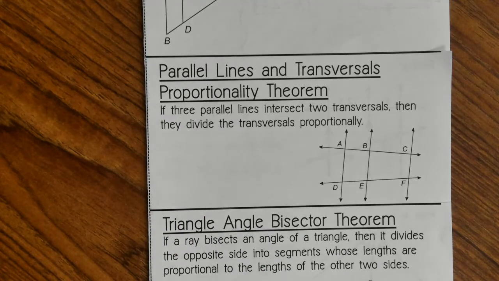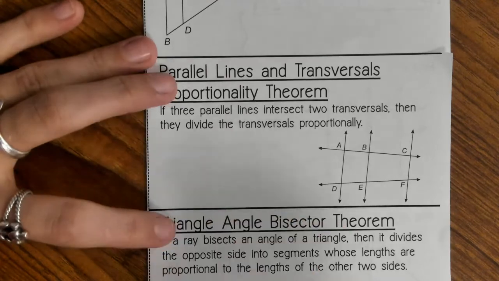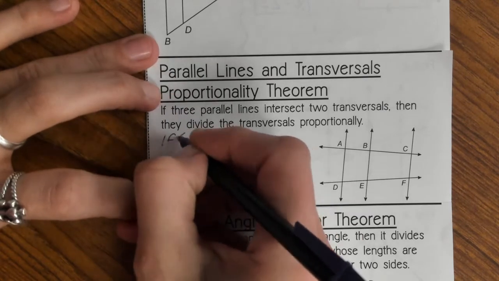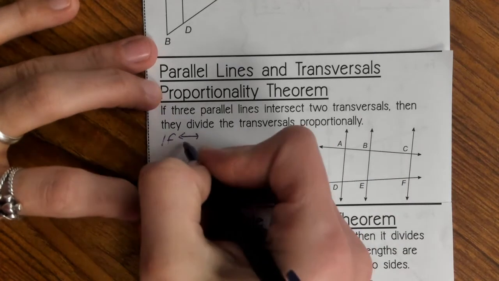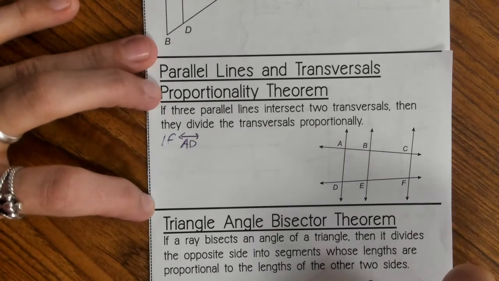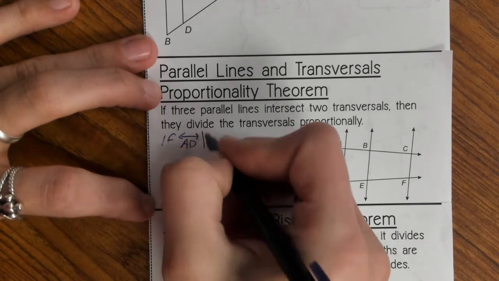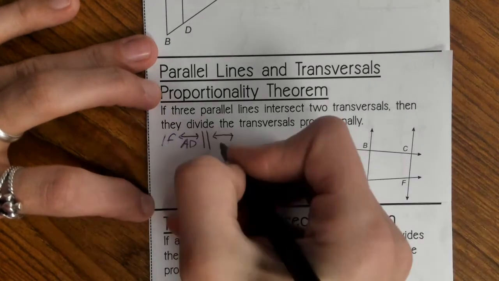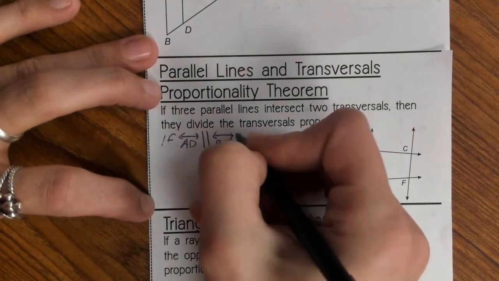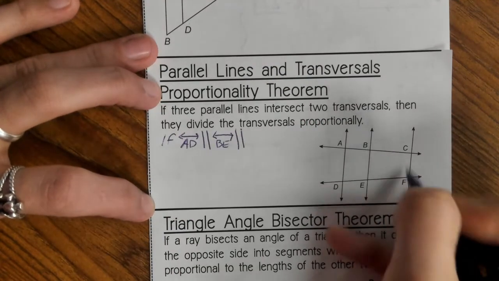So on this part, we would state that if line, because you see the lines at the ends, okay? If line AD, right here, is parallel to line BE and is also parallel to line CF,